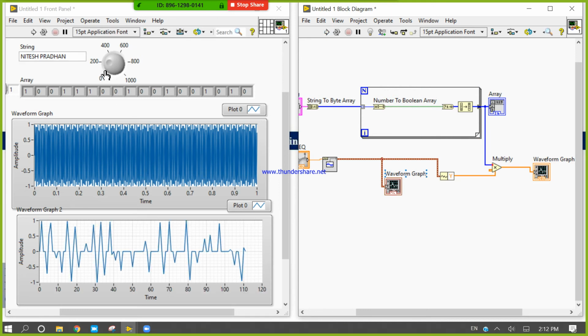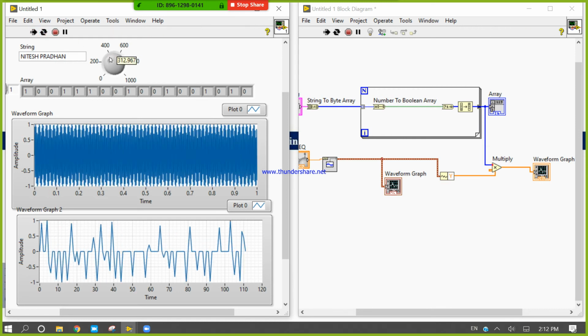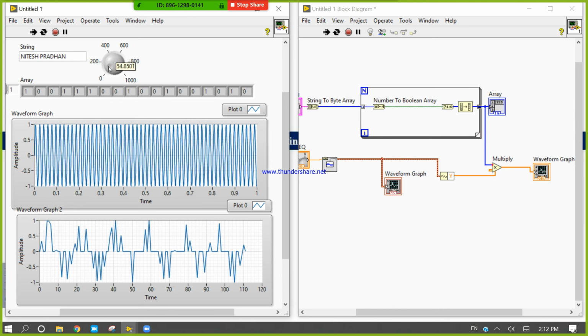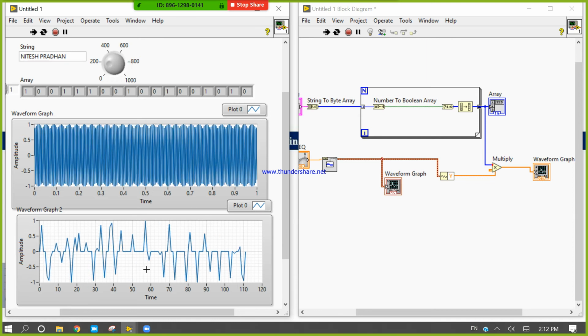If I increase the value, it is your name multiplied with the carrier signal.